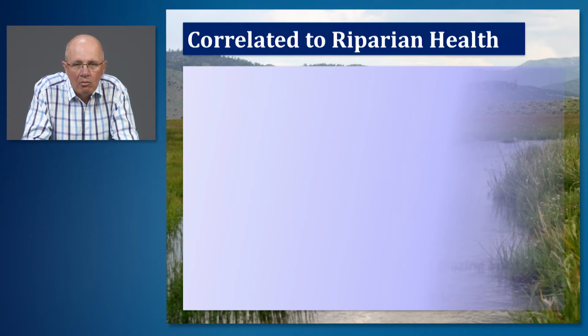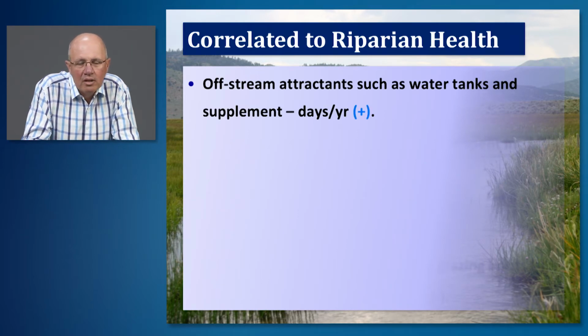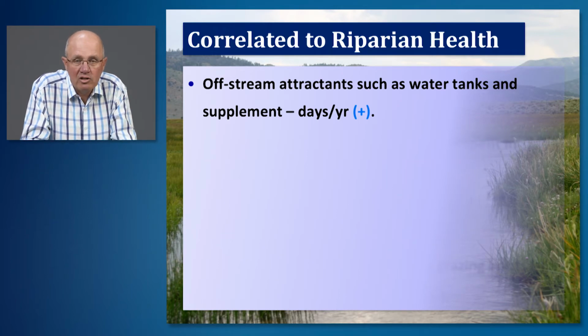So thinking then about how grazing management in a landscape is correlated to riparian health, we did a study where we looked across 130 grazed sites on rangeland systems in California and basically correlated statistically the management that had been occurring on those sites with the relative health of that riparian area based on its stream bank stability, the type of vegetation that was there, and the habitat values that it provided. So high to low riparian health. And we found several significant relationships between livestock management at those sites and resulting riparian health.